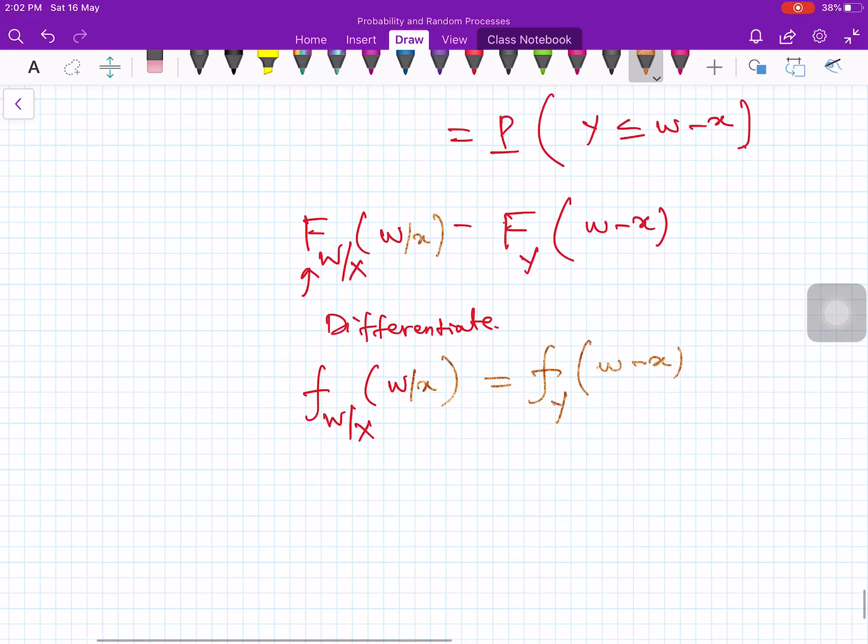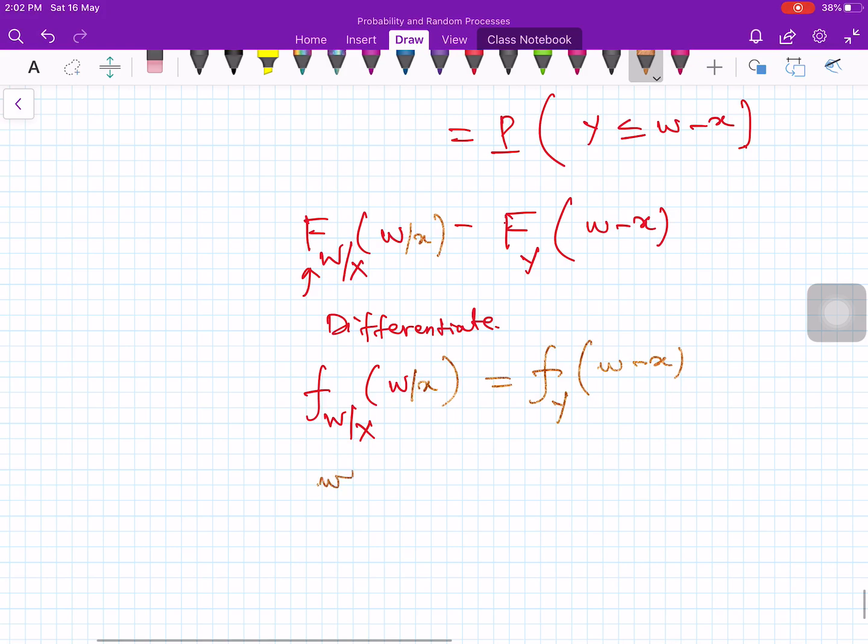Now what we want is FW of W. So how can I do that? We know there is a formula. What is that formula? It says